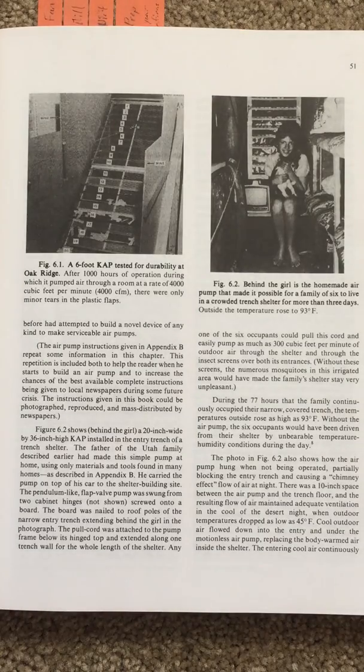During the 77 hours that the family continuously occupied their narrow, covered trench, the temperatures outside rose as high as 93 degrees Fahrenheit. Without the air pump, the 6 occupants would have been driven from their shelter by unbearable temperature-humidity conditions during the day. The photo in figure 6.2 also shows how the air pump hung when not being operated, partially blocking the entry trench and causing a chimney effect flow of air at night. There was a 10-inch space between the air pump and the trench floor, and the resulting flow of air maintained